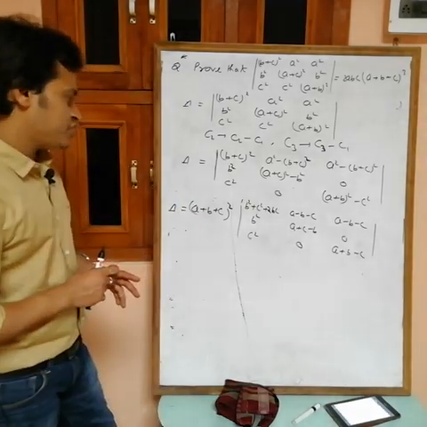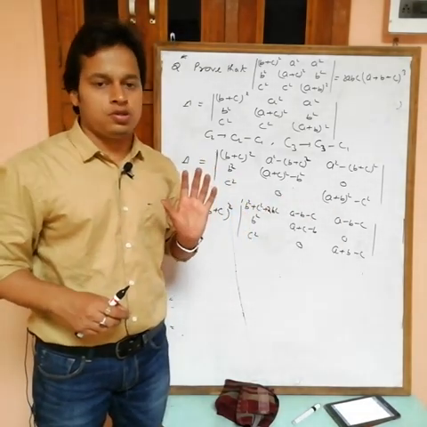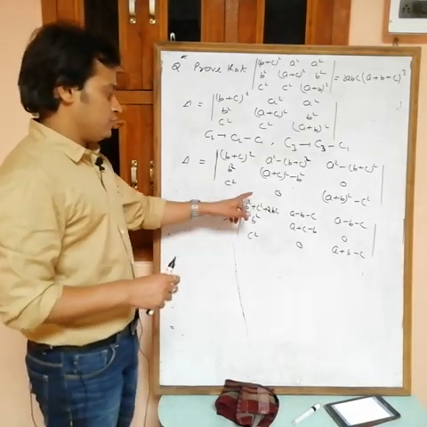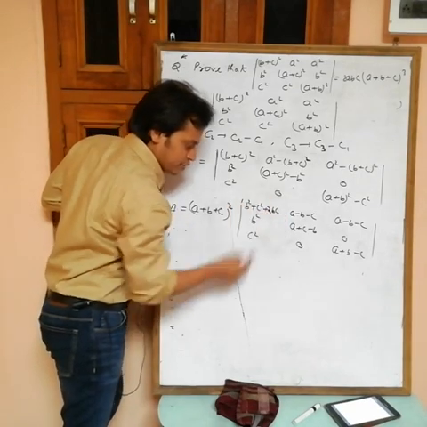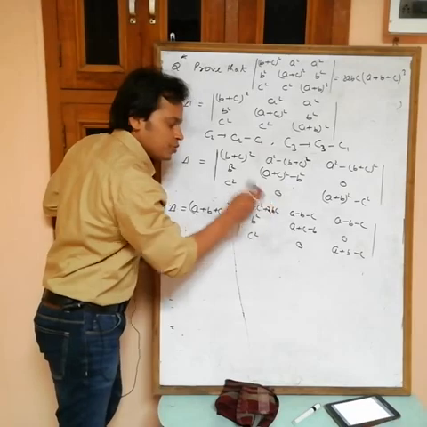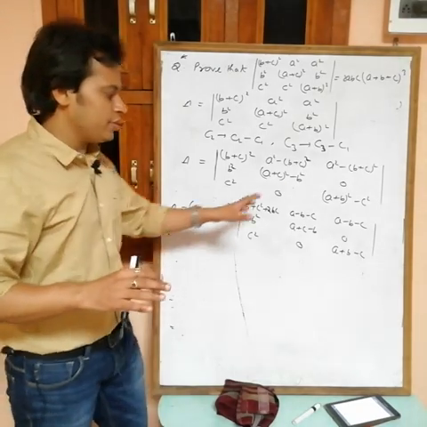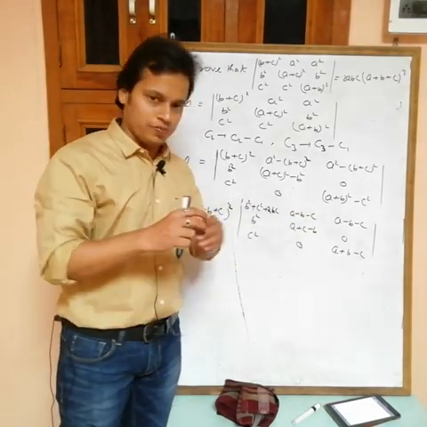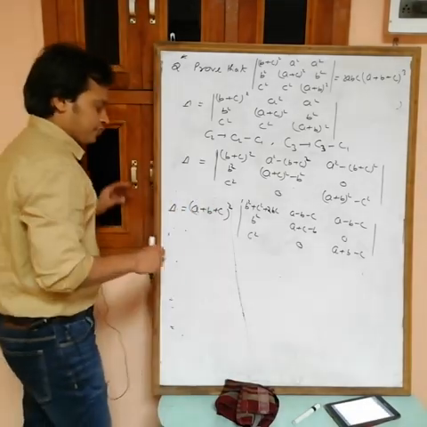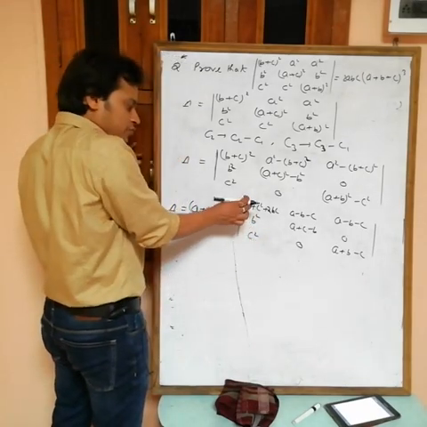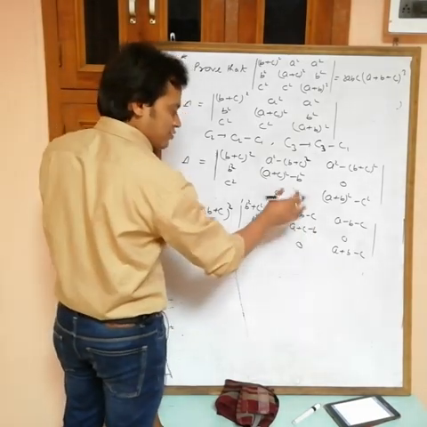Now how to make it? See, now by using these you can't make two 0s in one row or one column, obviously you can't. Then you have to use this one also. How to use? See, here we have b square plus c square and 2bc. If I subtract these two, then this becomes 2bc. Otherwise you can't make two 0s in one row or one column. Here we have two 0s, but both are in different columns. I want them in one row or in one column. So if I subtract these two, then b square and c square will cancel out, only 2bc remains. And also in these some terms will cancel out.